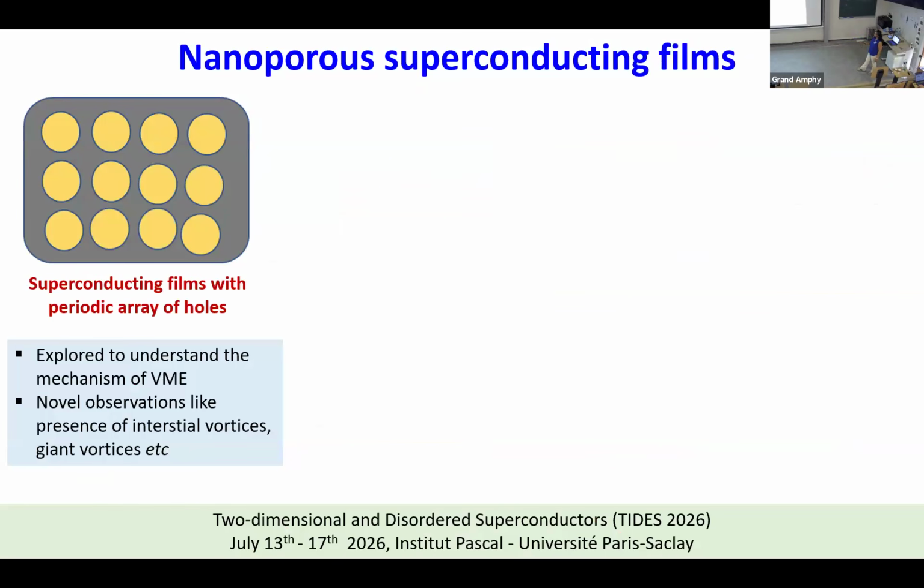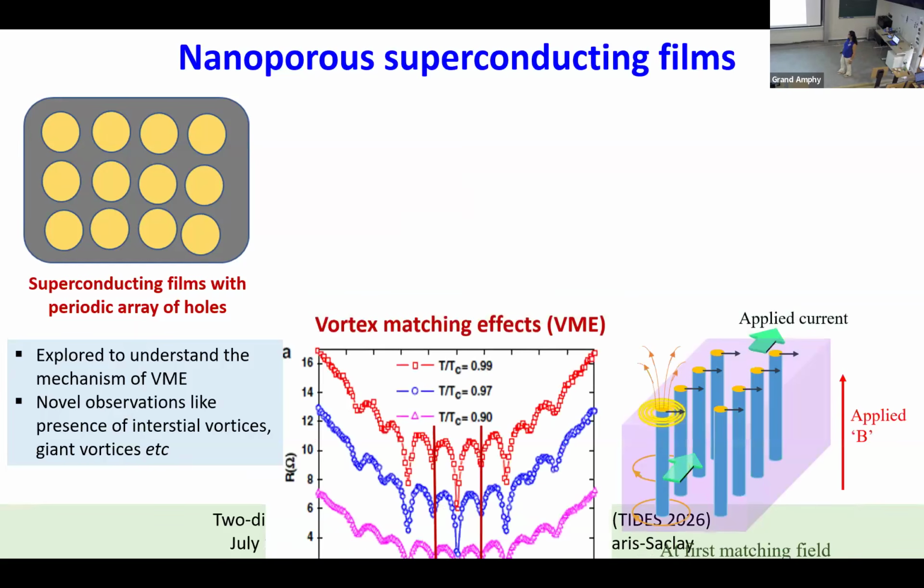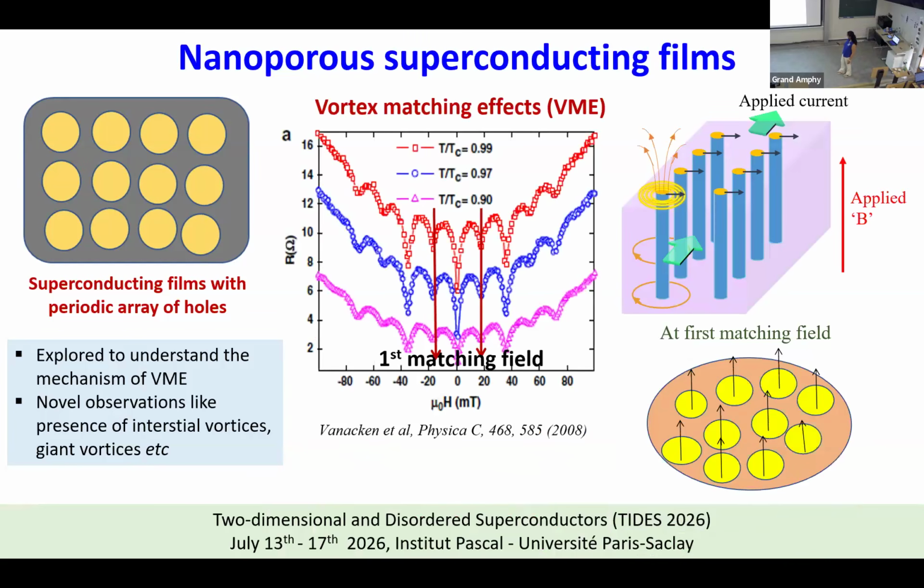you had superconducting films with periodic arrays of holes. And this kind of a system has, of course, been studied long back for a phenomena which is called the vortex matching effect. So what is that? If you take this kind of a superconductor and you place it in a magnetic field where the magnetic field axis is parallel to the axis of these cylinders, then you start seeing these oscillations in the resistance. This is magnetoresistance with the magnetic field. And you start seeing these oscillations